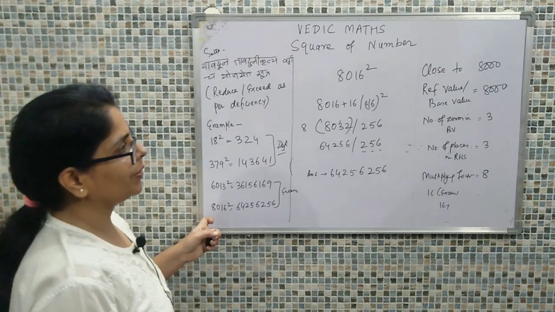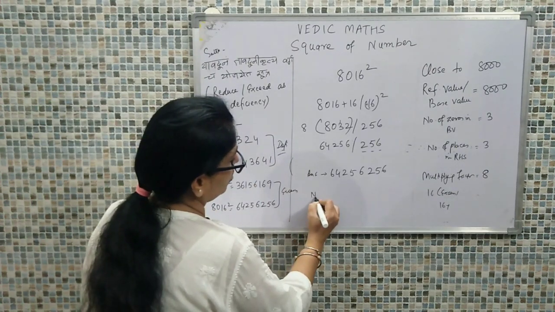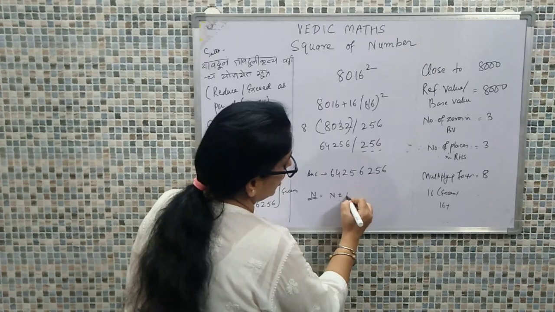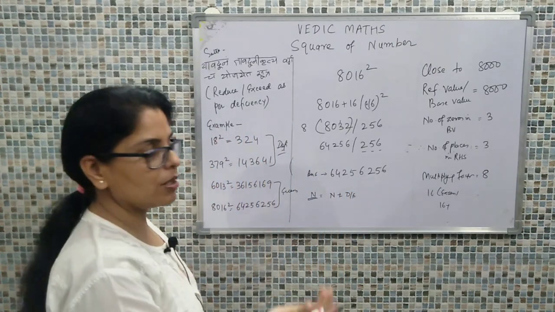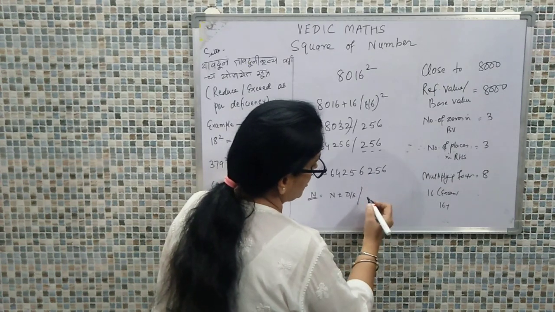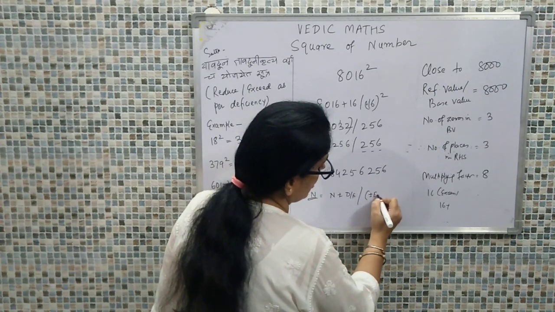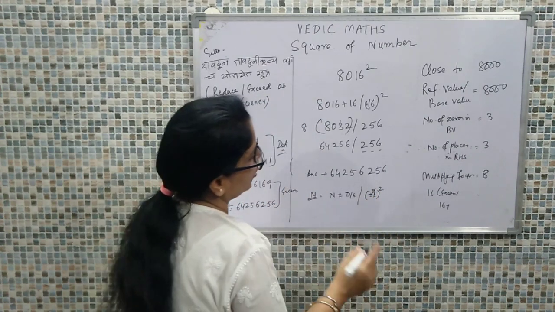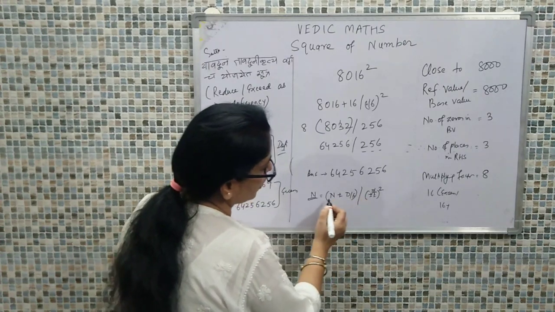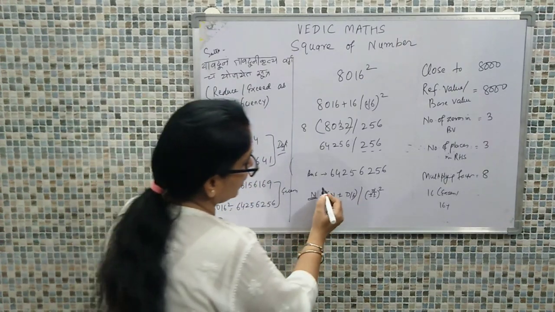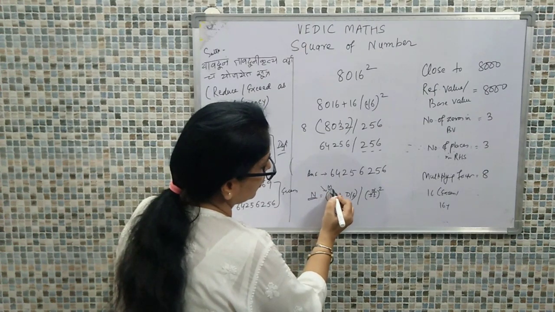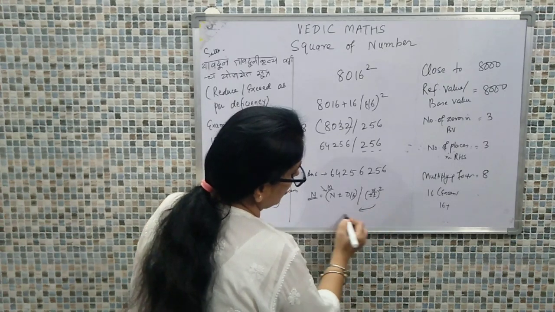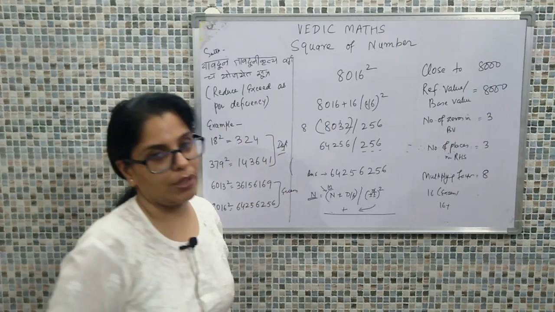So just a simple logic, whatever number we have, suppose we have the number n whose square has to be calculated, simply we use n plus or minus the deficient or excess, whatever deficient or excess it is with respect to that particular base value, and depending upon plus or minus, we have to simply square that particular value. The only thing we have to ensure is that once we have done the calculation for the LHS, we further identify the multiplying factor. We multiply that factor with the LHS, and at the last, whatever excess value we had from the RHS, that value is added, and that will give the final answer.